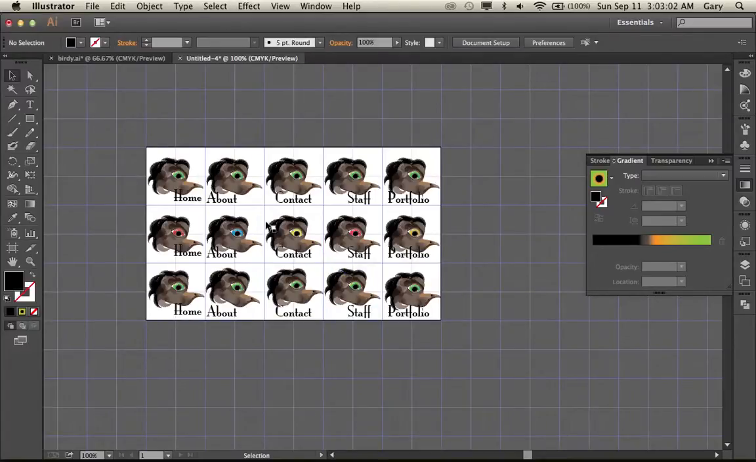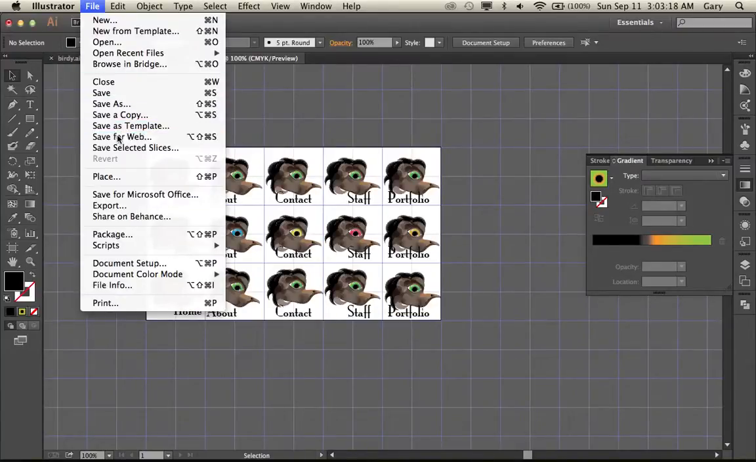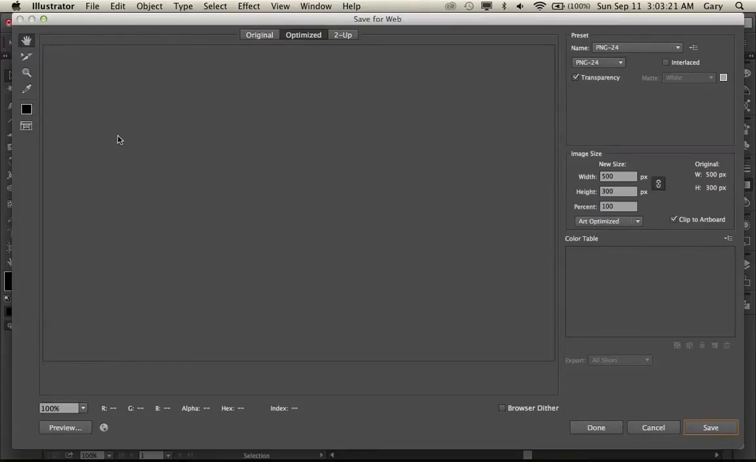Alright, so basically we have the top row is our buttons in the rest state. The second row is in the hover state, and the third row is in the active state. So I'm going to save for the web. Always save for the web. And